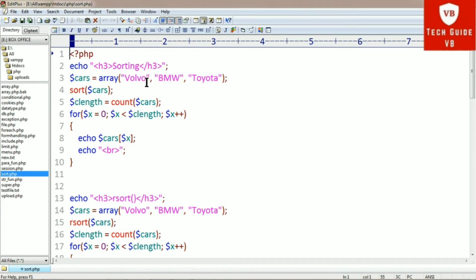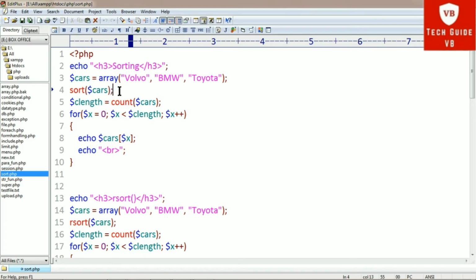In the array we have taken three elements: Volvo, BMW, Toyota. First we have written the sort function here: sort in brackets $cars. This sort function sorts the given cars array in ascending order.